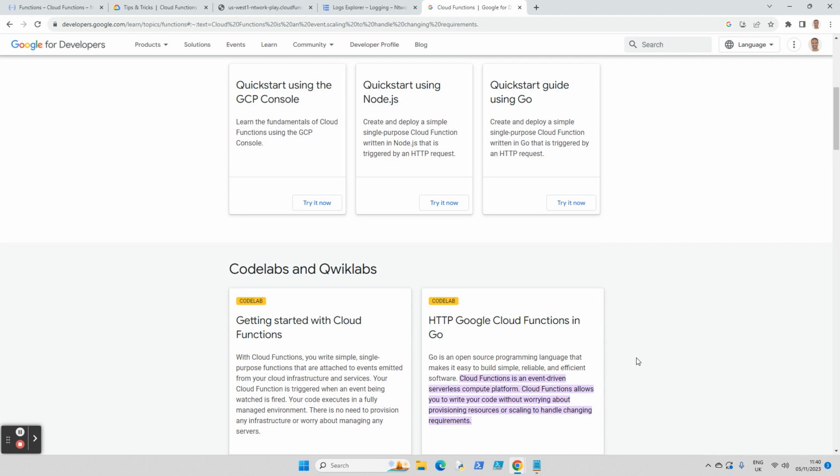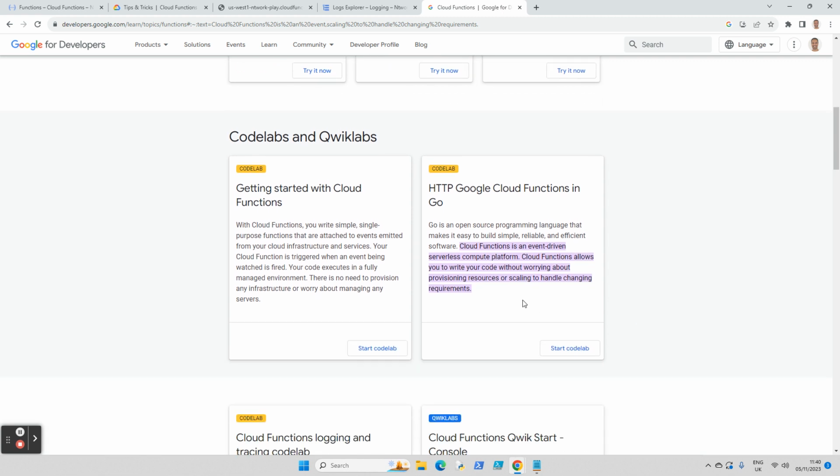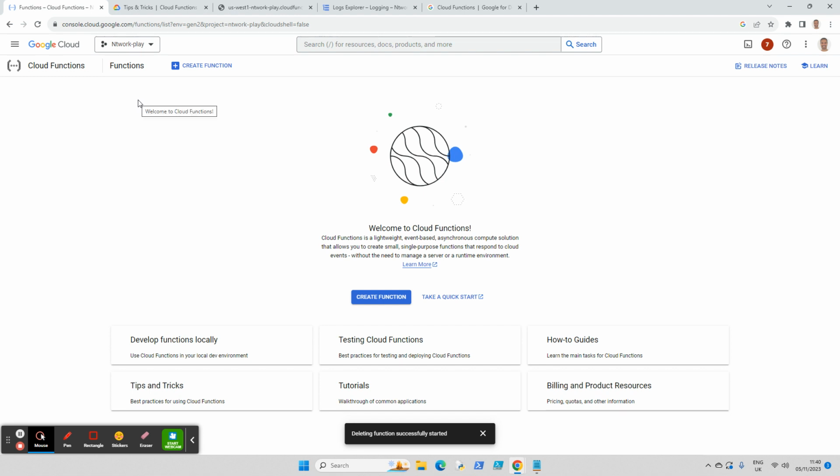But one of the biggest advantages of using Cloud Function, as it states here, is that you can write your code without worrying about provisioning any resources or scaling to handle changing requirements. So you could use your Python code or any language of your preference to write a function, and you don't need to worry about the underlying specification of any resources. You can run the code and see how it performs within the cloud environment. I'm going to give a quick example using the inbuilt Python,